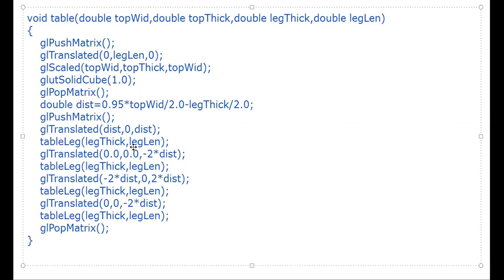Finally you can see here one by one, here table leg came, here also, here also, here also. Four times table leg has come. For a table you need four table legs. For your program you need four table legs. That is why you are calling it four times and using translation on that.